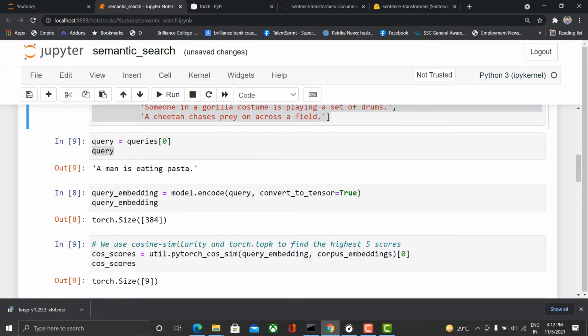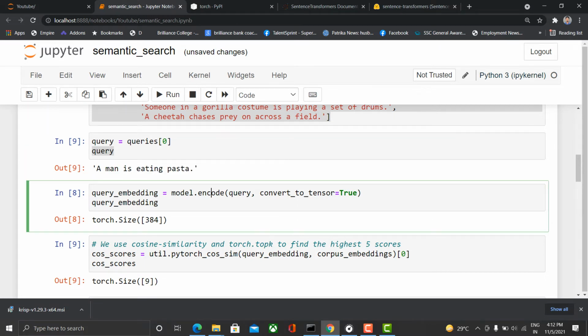Because the query is a man is eating pasta, we need to convert it into an encoded form, as we previously did for the database encoding, the corpus encoding. So we are doing it again for the query part: model.encode with convert_to_tensor true. In the previous one we also had this as true, so here we keep it true too, because if you don't, by default it is false, and it will give you a vector as a numpy array, not torch anymore. So you use the same format for the query as for the database. So the query embeddings are like this.